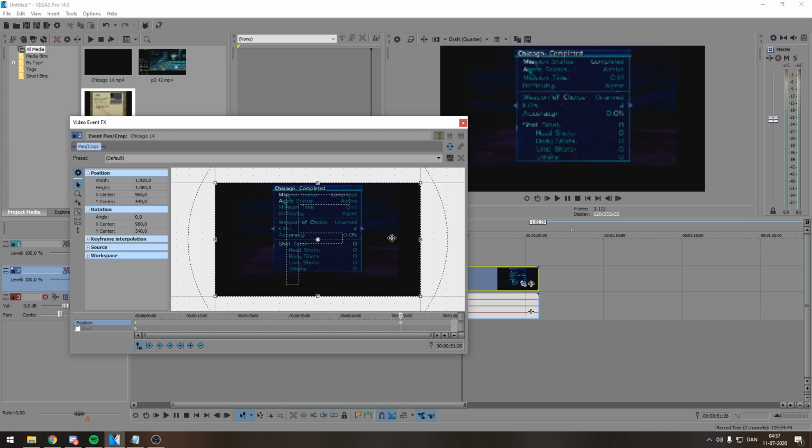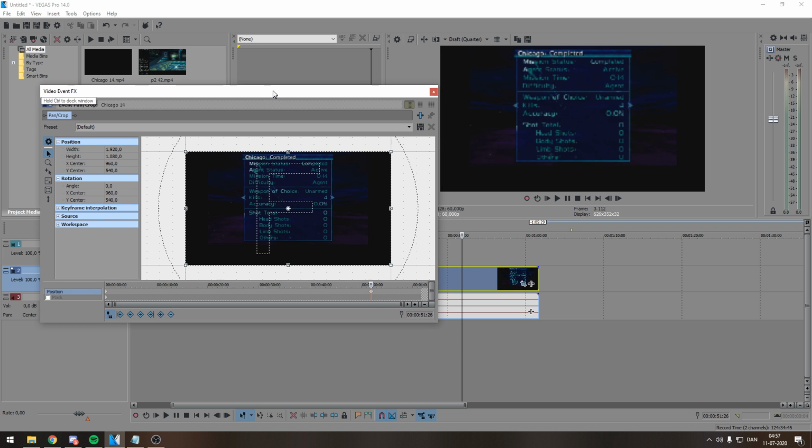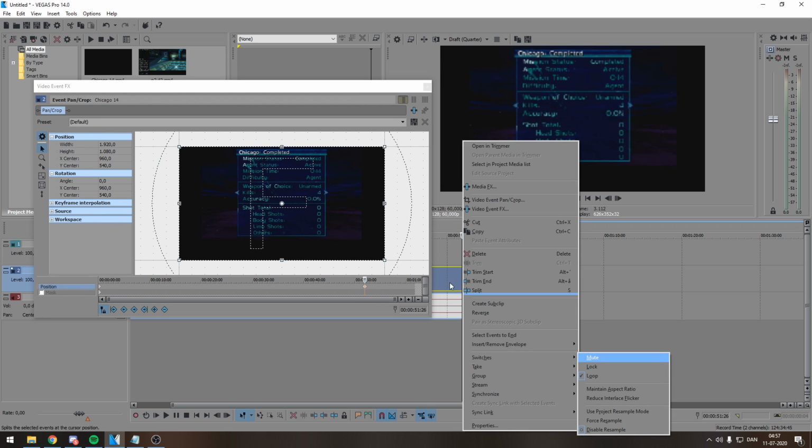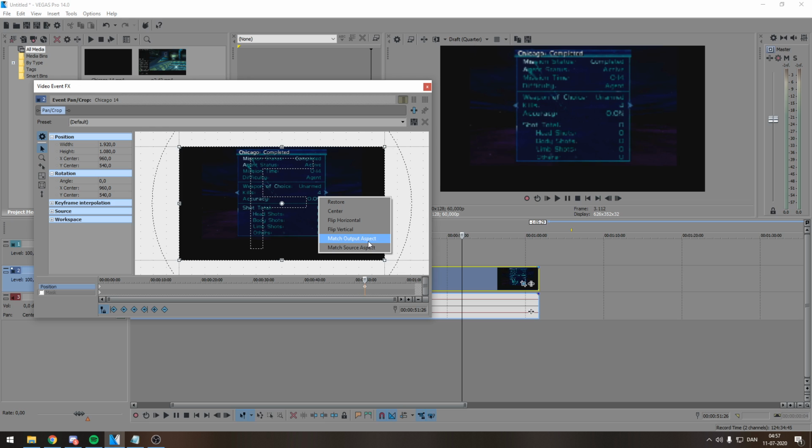And so you want to turn off the aspect ratio no matter what a lot of the time, and then right click here and then match output aspect ratio, and it'll match it. It's the same now because it's 1920 by 1080. It's the same as before. It's what I recorded it in. So, what was I going to teach you? Yeah, I was going to teach you about